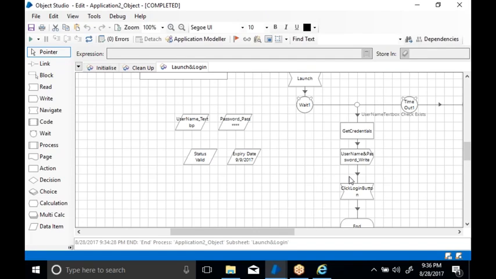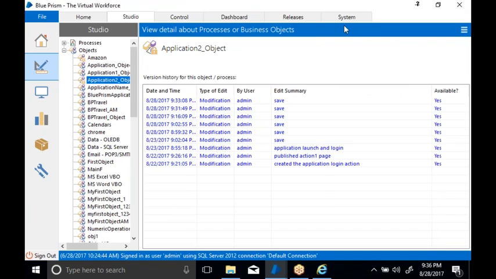Can you tell me about this data item? Why are we saving the username and password? See, when it comes to data items, what is the role of the data item inside my object? We don't have the application username and password with us; they are available in the credential manager inside the system.